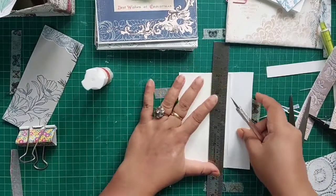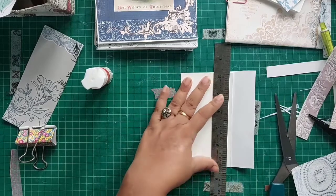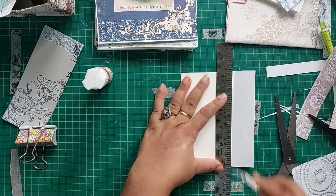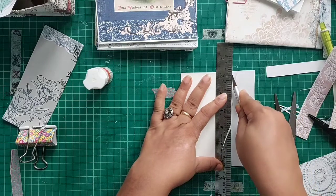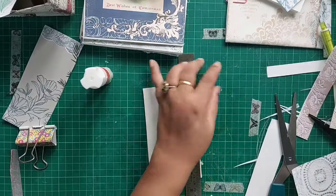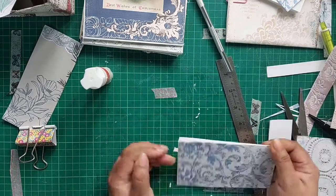I hope I'm in the frame. Yeah, so it's a quirky habit that I have developed, because I'm so out of frame sometimes that I try to make sure. Oh my god, I broke a bit of the craft knife. Anyways,